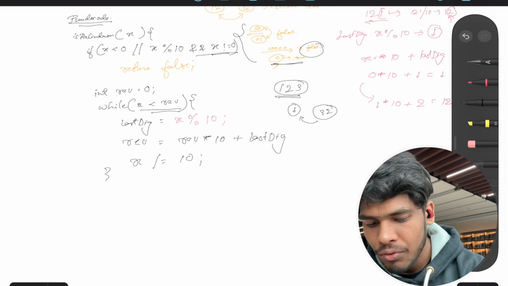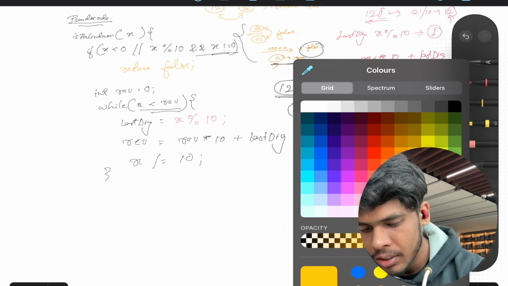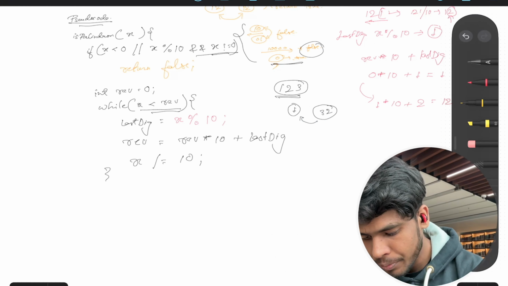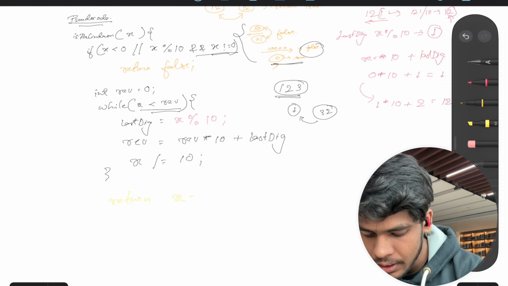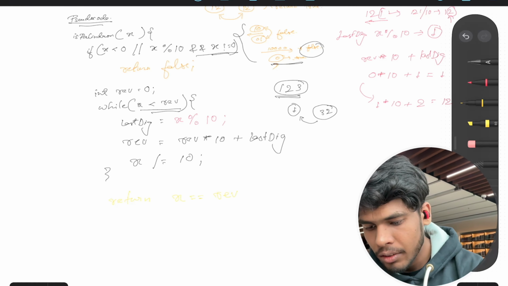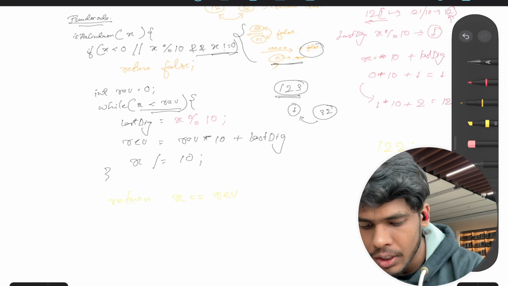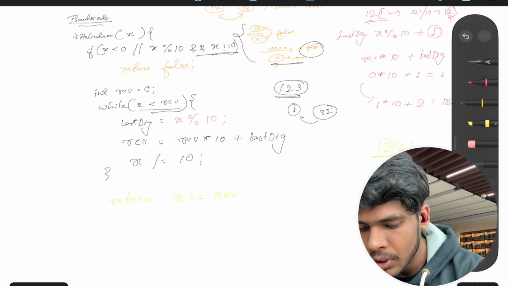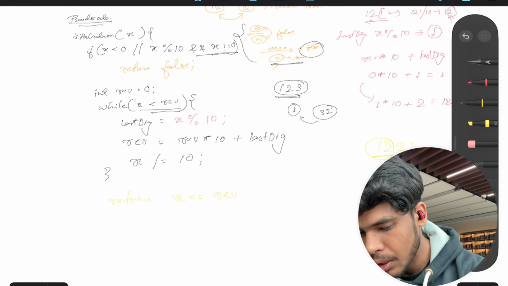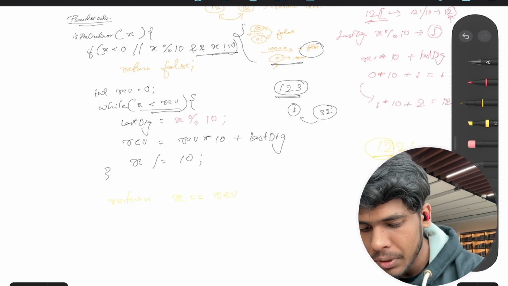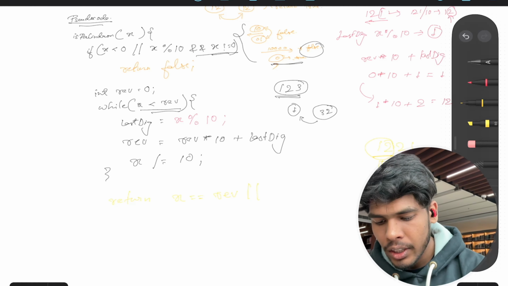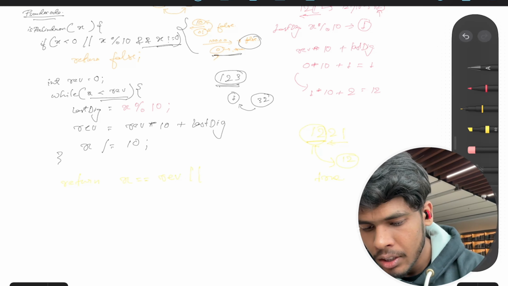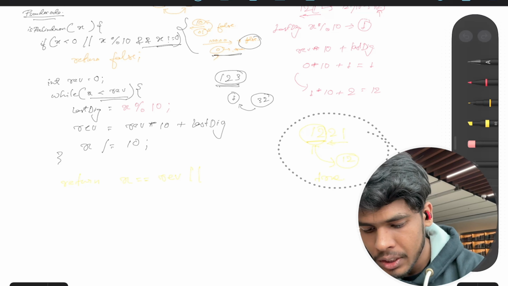And now we will see how we can return our value. We will return true if our x is equal to our reverse number, which is, if our number is 121, 1 is our x after updation, and our reverse number will be 12. So if they are the same, we are going to return true. Or let's say if our number is